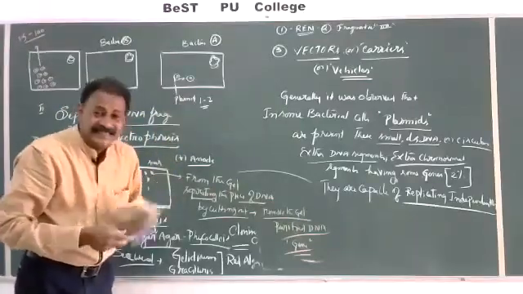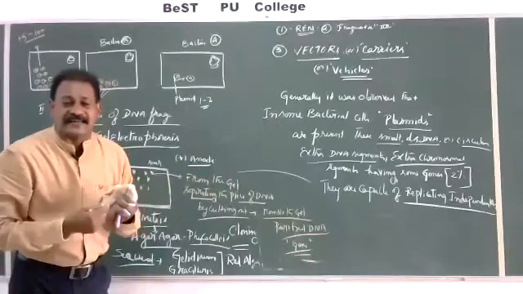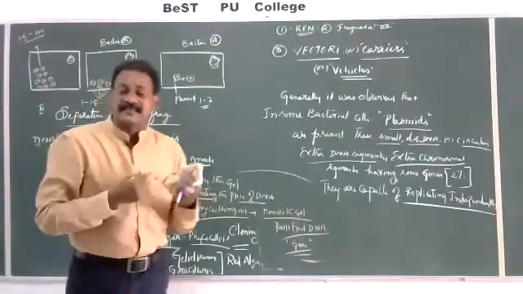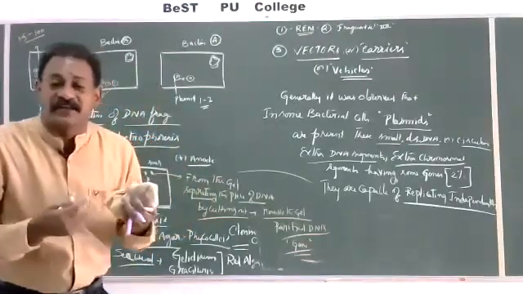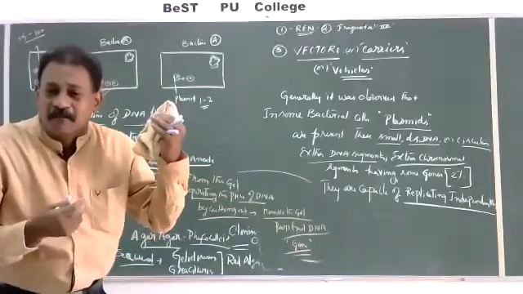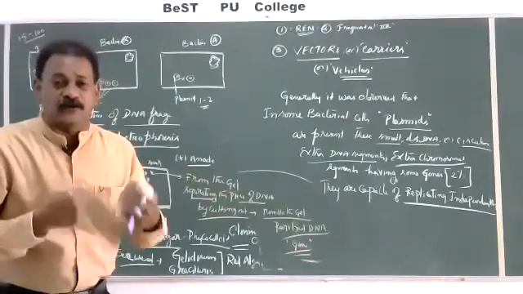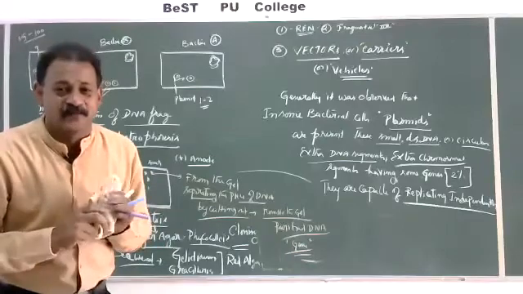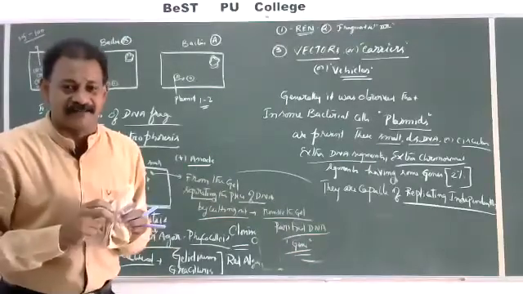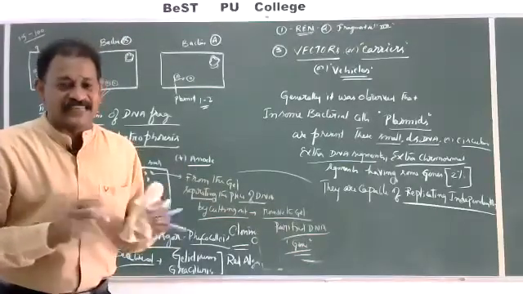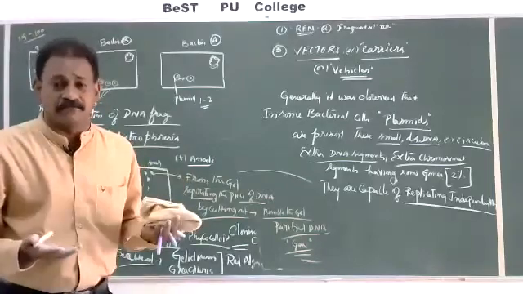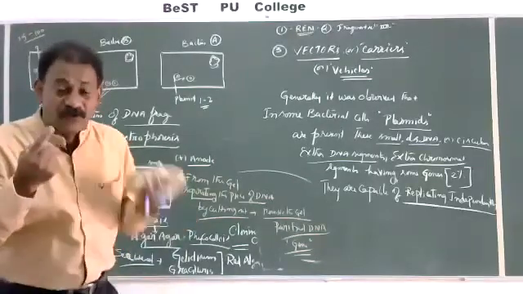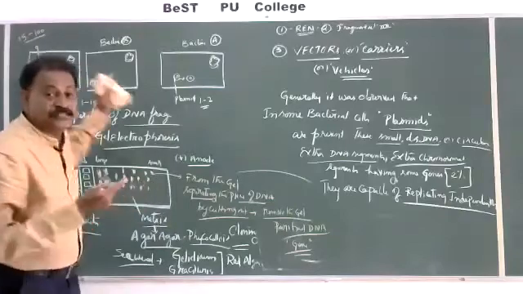What is this? This is the most important character. A plasmid is capable of independent replication in the Escherichia coli body. And we are going to search for such plasmids which can be used as vector. For example, if we want more copies of a gene, we want such a plasmid which is having more copy number per cell.